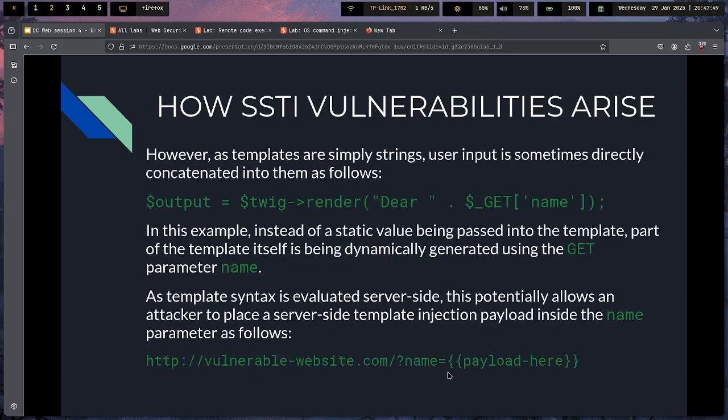But then let's look at the case in which a template injection vulnerability is possible. So here it's rendering this string, and what's the string? It has this string appended to this bit of PHP right here. It's essentially taking in the parameter called name from the GET request and appending it into this string. So "Dear", then a space, followed by whatever is sent in as part of this parameter to the website in the GET request. If a string like this gets rendered on the web page through this template engine, then that would be a problem. So here an attacker can,